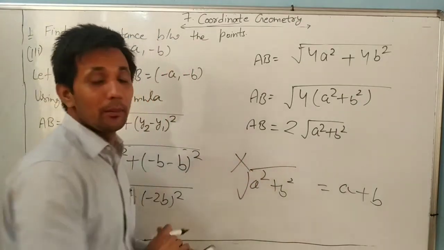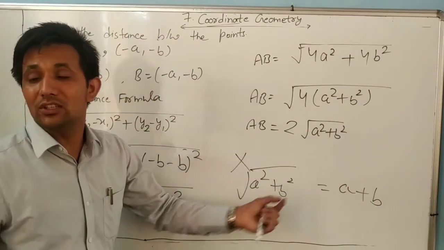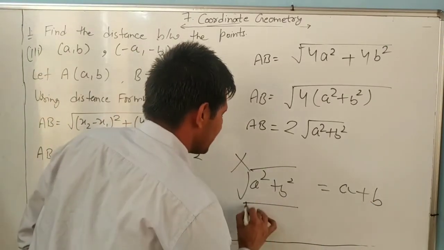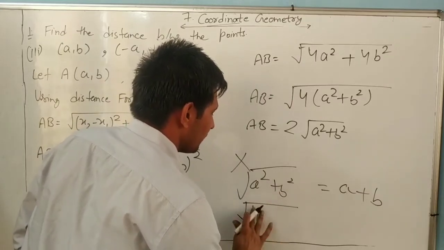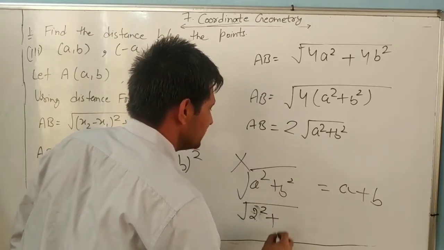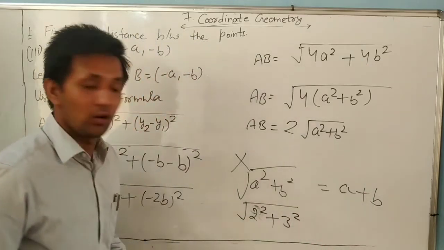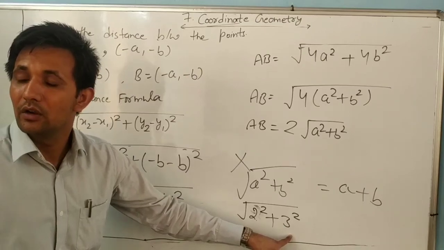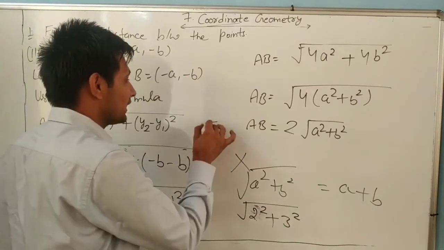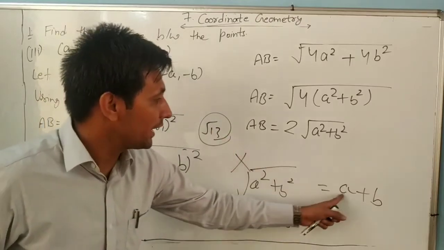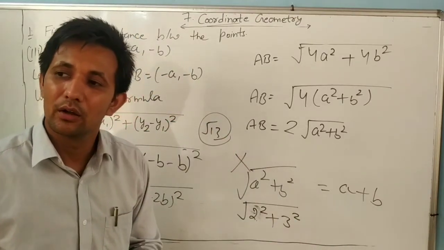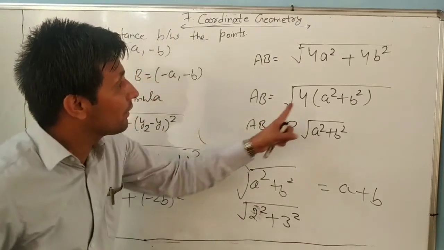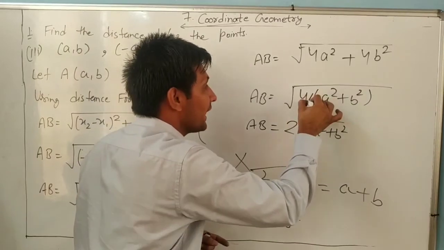No, we cannot write it because they are in addition, dear. a square plus b square, how can you write a plus b? Look, a is 2, so 2 square, and b is 3, so 3 square. Okay, so 2 square is 4. 4 plus 9, 13. Its answer is root 13. And what are we saying? a plus b, 2 plus 3, 5. Is that its answer? No. Always remember, dear, whenever they are in multiplication, because there is a multiply here.